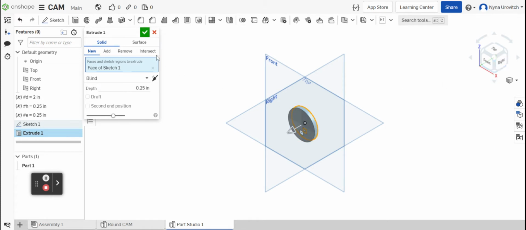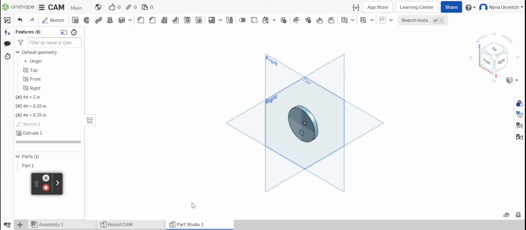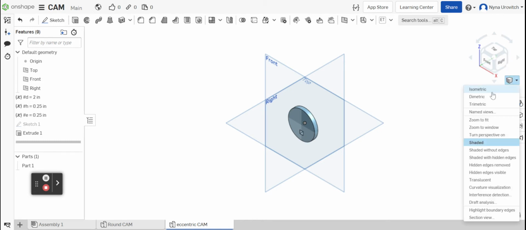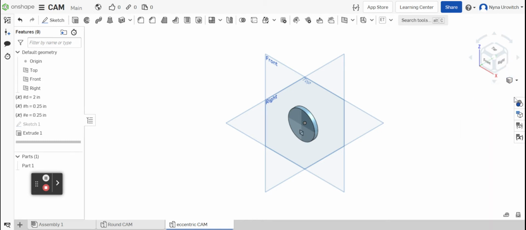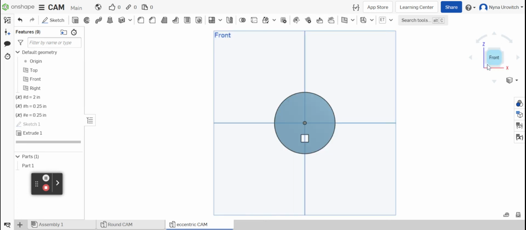And we are done. So we're going to change the name where it says Part Studio 1. We're going to right click, rename, and we're going to call it Eccentric CAM. And of course, these cams help define the movement that we're doing. We're going to go isometric. Okay, and let's just look at the front view, and we